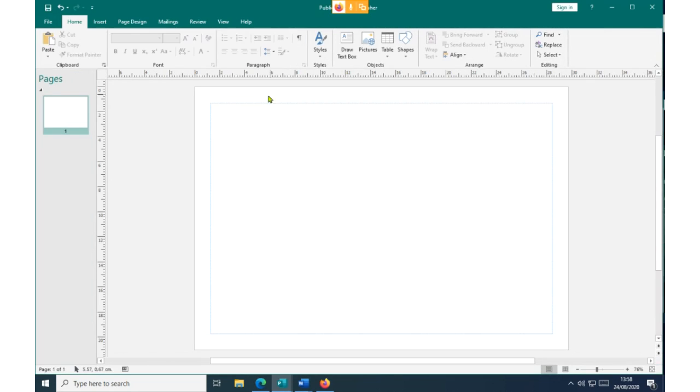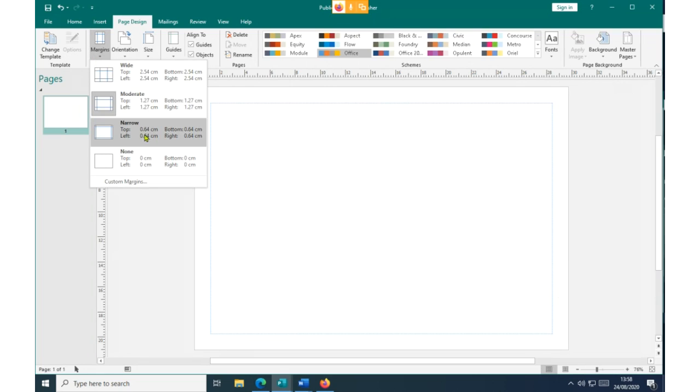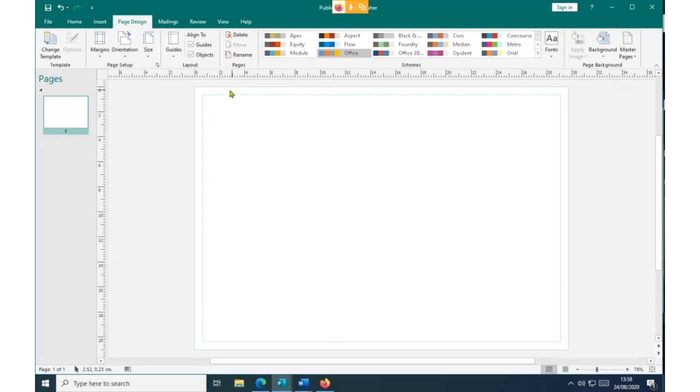Then it comes with this particular default setting. The term default means the original settings that have been placed for this application whenever you open a page. So we want to increase the area inside here and reduce the margins of the top, left, bottom and right. To achieve this goal, we click on page design, then click on margins, and then click on narrow margins. You can see we have reduced the spacing in between. We have increased the space at our publication page area and reduced the margins all around.